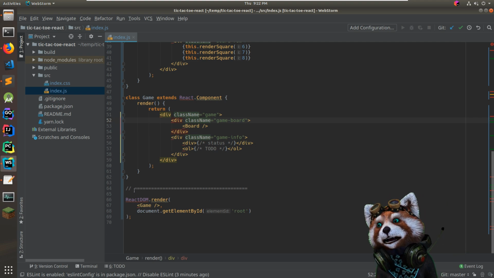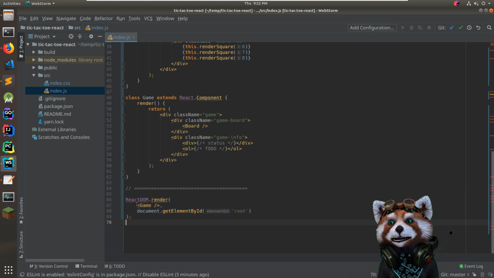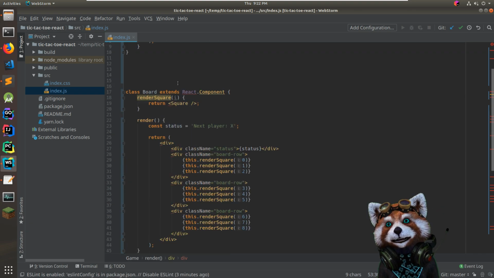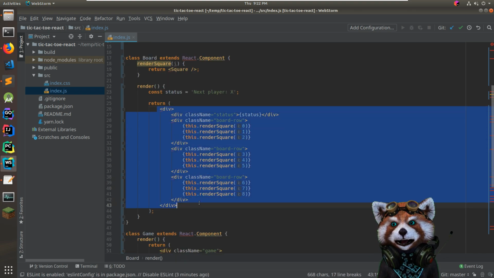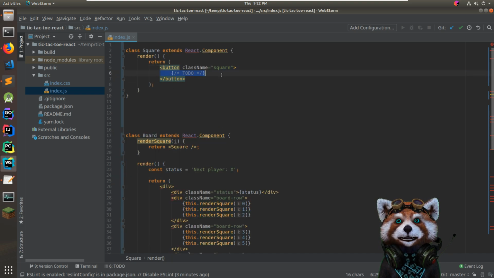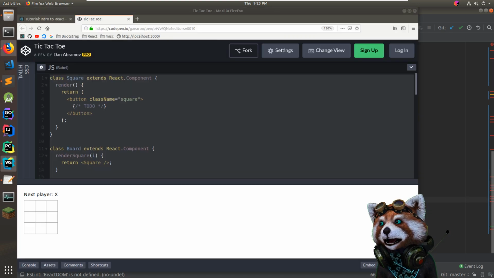Okay, and then at the very bottom we've got a main function basically. Render the game component, and the game component is going to render some HTML with a board component. The board component is going to render all of these divs for the thing, and then it's going to render the square, and the square is going to have to be an X or an O or a blank. Okay, so